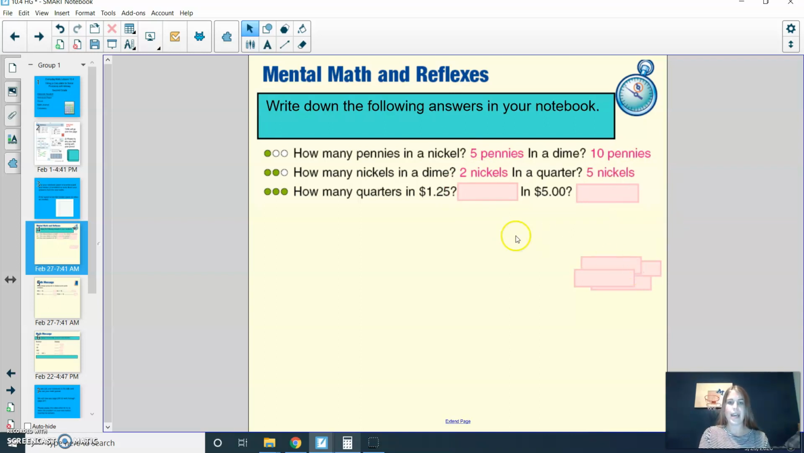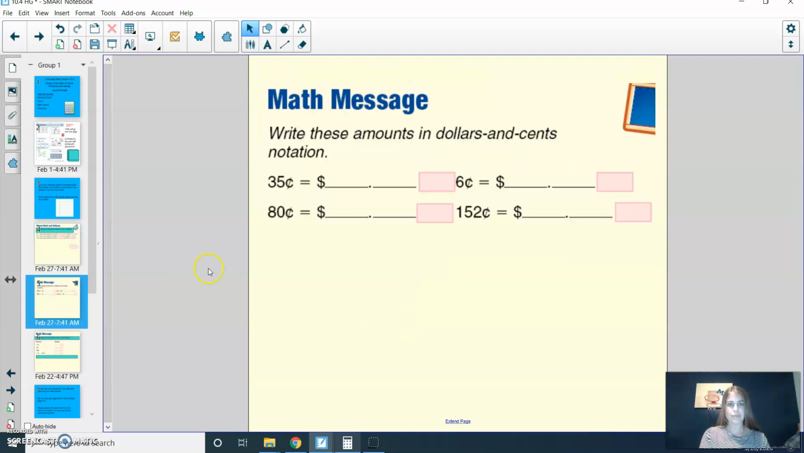5 nickels. How many quarters in $1.25? 5 quarters. How many quarters in $5? 20 quarters. Write these amounts in dollar and cent notation. 35 cents